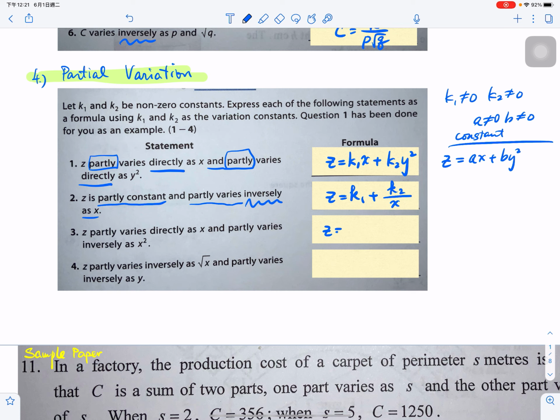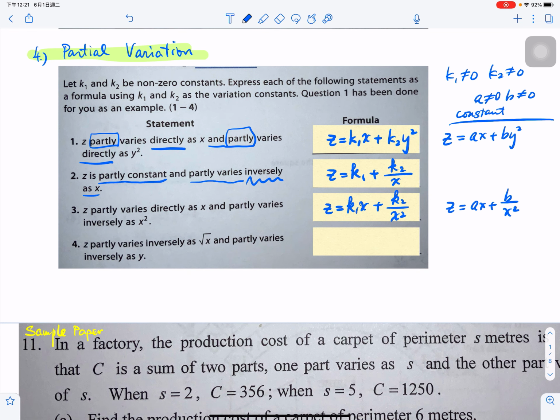So this one, do you remember how to write? Yeah, k1x and then plus k2 over x square。同樣啦，有同學可能會中意咁樣式嘅 ax 啦，再加 b over x 二次都得，咁都係嗰句啦。a b 記住係個 variation constant, non-zero 嘅 constant。好，繼續。Number 4 第四條例子啦。Partly 又係見到 partly and then partly，咁你就識啦。Inversely as inversely as, OK, so z equals k1 over square root x plus k2 over y。